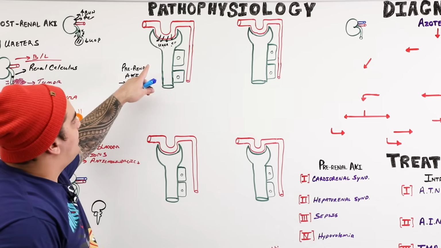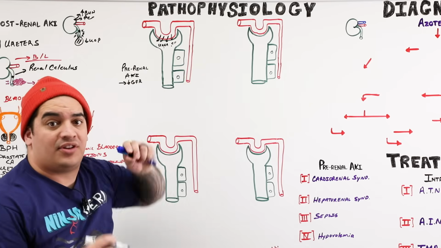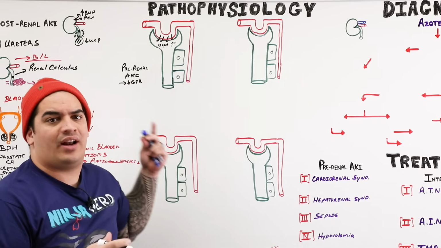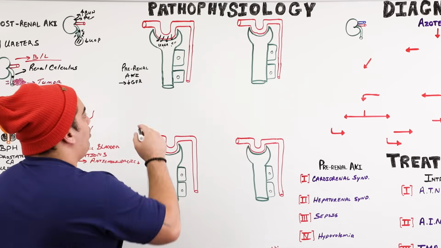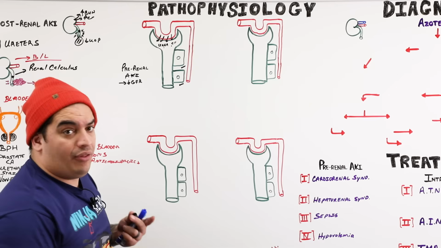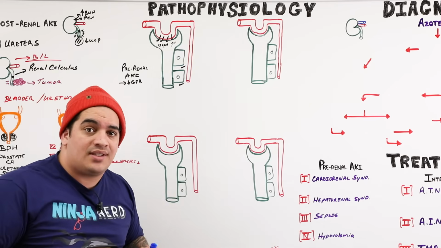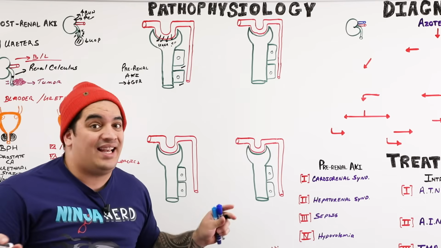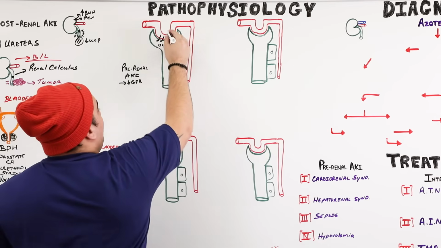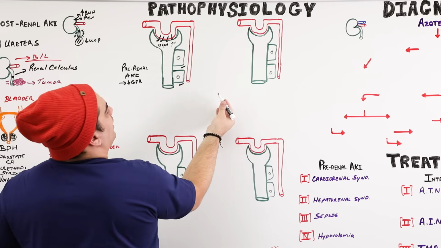Now, in someone who has a pre-renal AKI, it's the primary reduction in blood flow. There's nothing wrong with the actual renal parenchyma. If it's at the renal parenchyma level, then you're at an intra-renal AKI. But in a pre-renal AKI, these tubular cells are functional. They're working well. There's no issues with these cells. So their ability to reabsorb substances and excrete substances is completely intact. So what happens is you have this excretion of urea and creatinine, but it's a little bit lower in general.